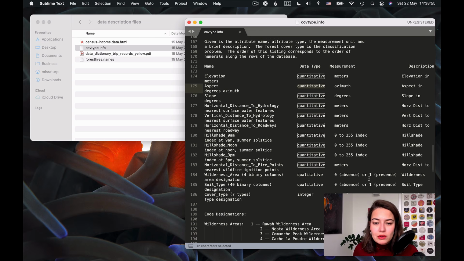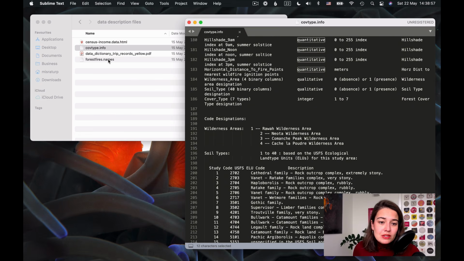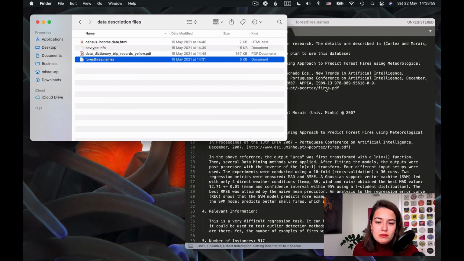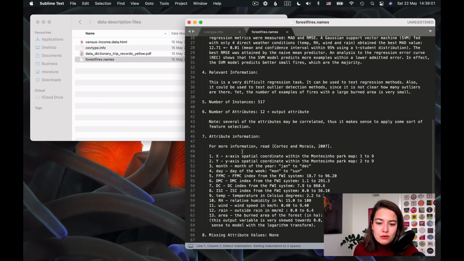That's also possible. This one is like that. Or, this one is a different one that also has information about the columns. So this is the first thing that you need to find. If you are working at a company or if you're getting the data set from a different team, so you